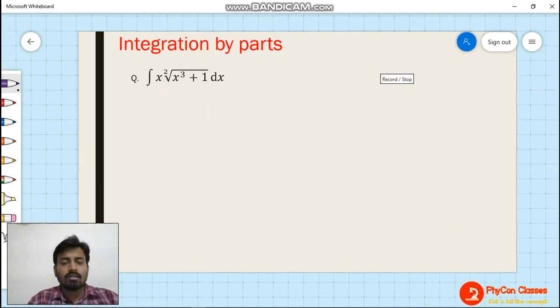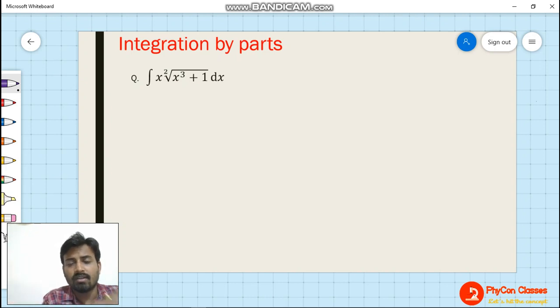This is very simple. Now coming to integration by parts. It's a tactic or method used to solve some complex functions. Some complex functions can be solved using integration by parts. Here what we do is we are going to assume some quantity and put it into the given equation. See, this one is looking a little bit complex. You cannot directly integrate it. So what we are going to do, we are going to assume x cube plus 1 to be equal to some other thing.